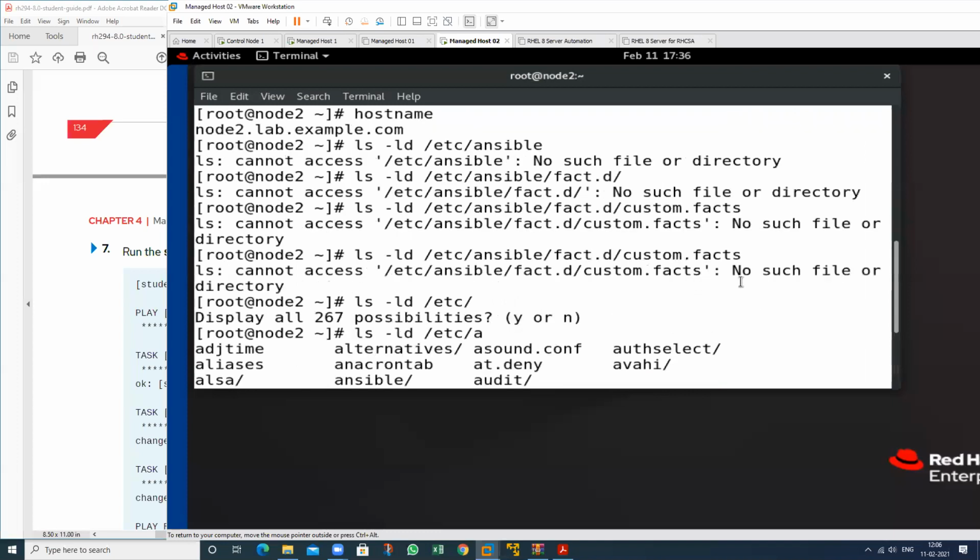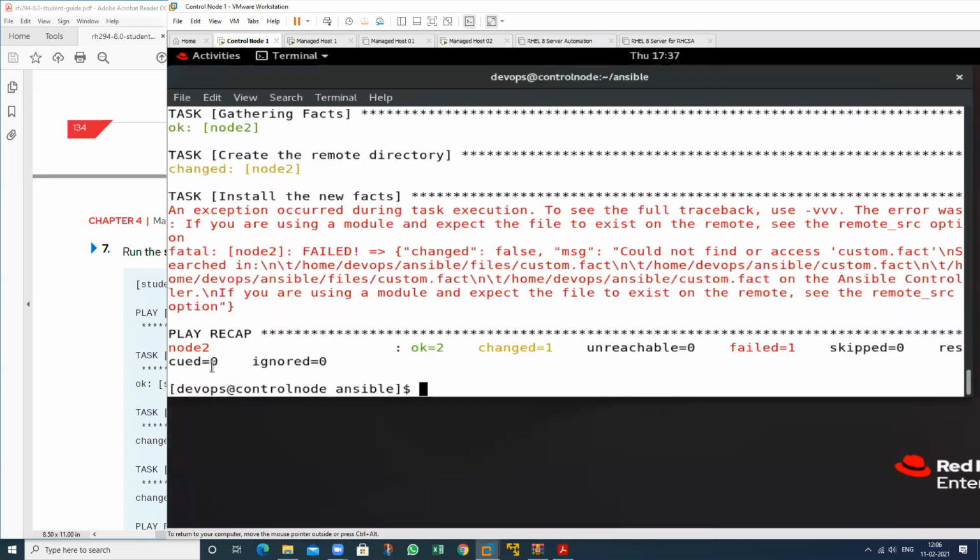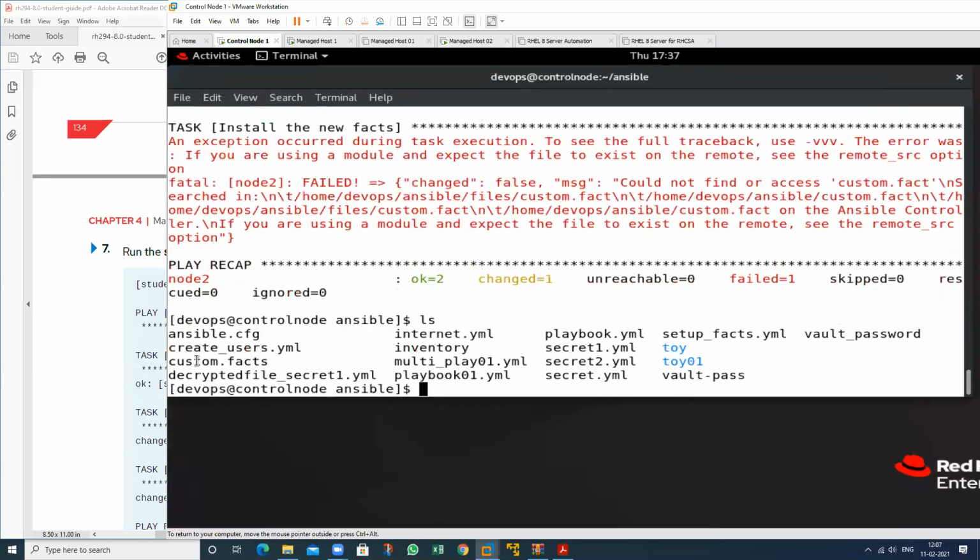See, there is no custom fact file. It means in my location we have missed a spelling. That is facts, but the spelling is fact here. So we have to rename this.